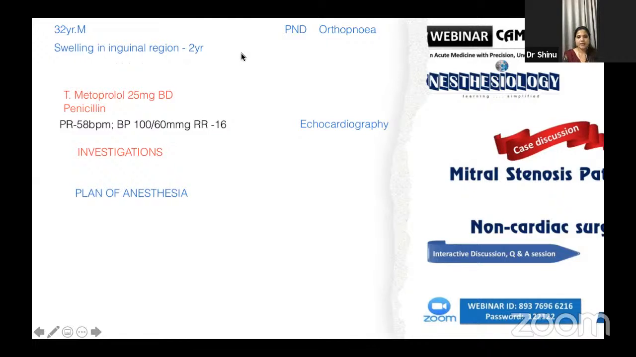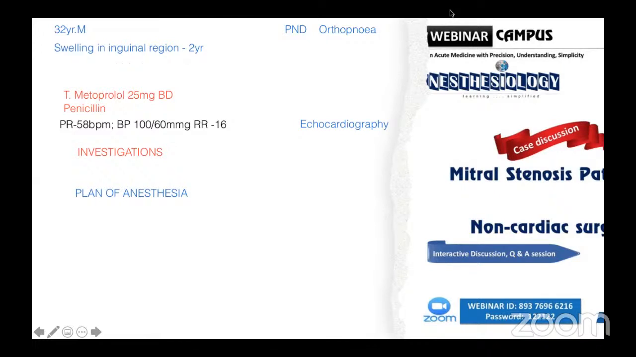I'll give an anxiolytic, 1 mg midazolam. And after that, under proper monitoring, I'll also ensure that there is adequate oxygenation. And then the patient is